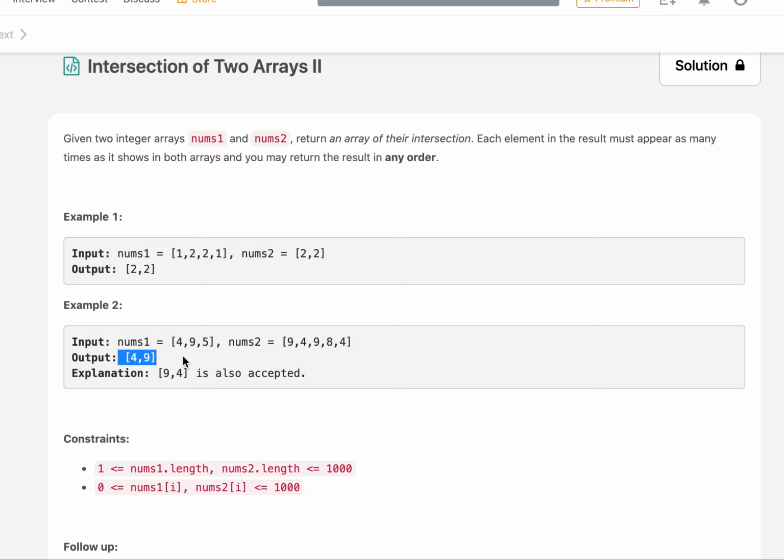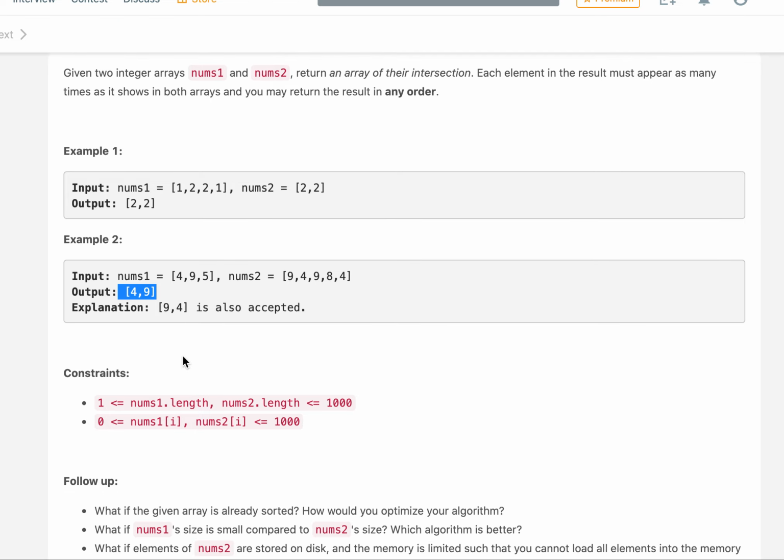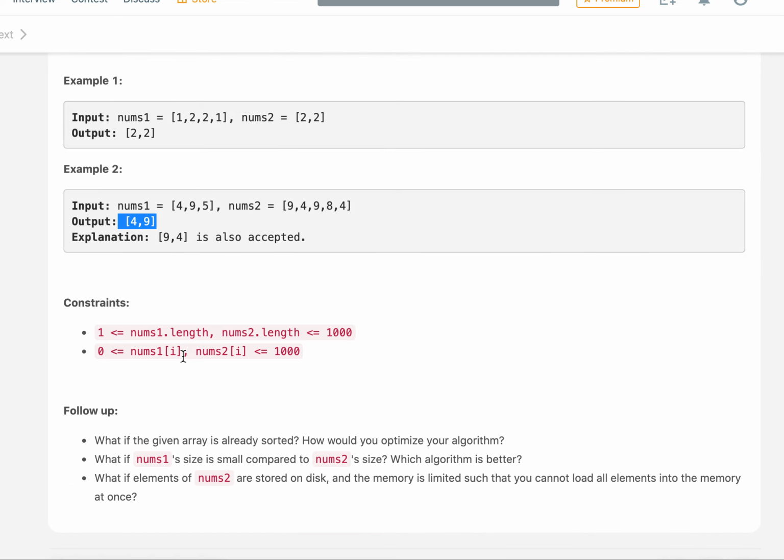Also, the order really doesn't matter. You can dump elements in any order while making your output array. There is one important constraint that is also specified in the question. The numbers lie within the range of 0 to 1000. So if you don't look at this constraint, the size will bloat as in regular practice. Now let's move on to the PPT.